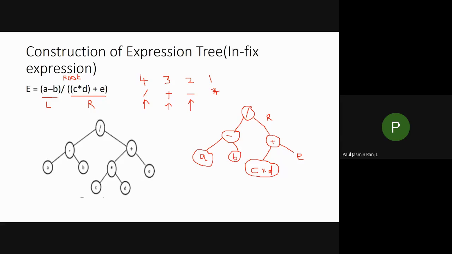Okay, and the last operator is the asterisk operator. In your diagram you see this asterisk operator. Again for this asterisk operator, you have to split your left child as well as your right child. Right child you will have D and left child you will have C, isn't it? And after that you have to construct a tree. So here in your root node, you will have an asterisk. Next, on your right side, you will have D.